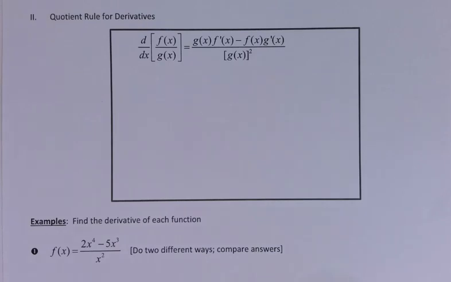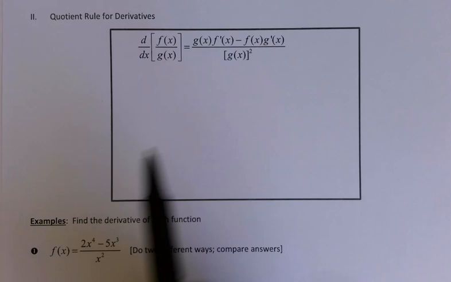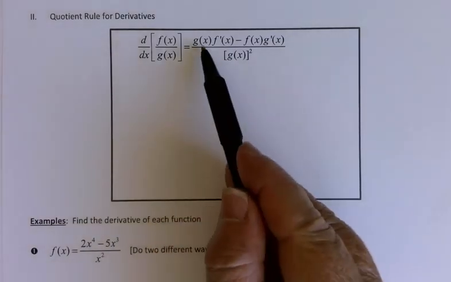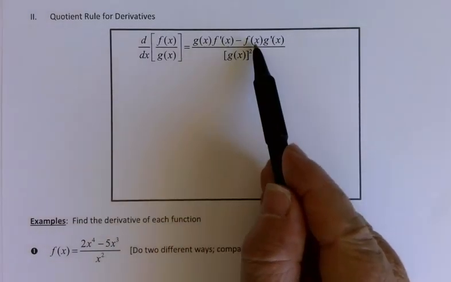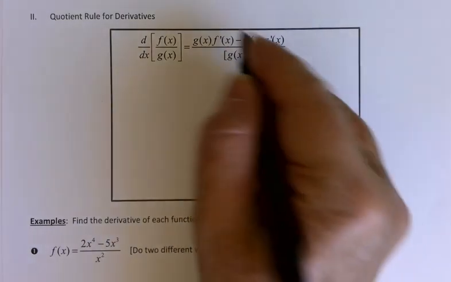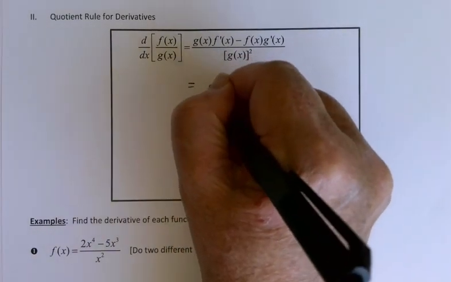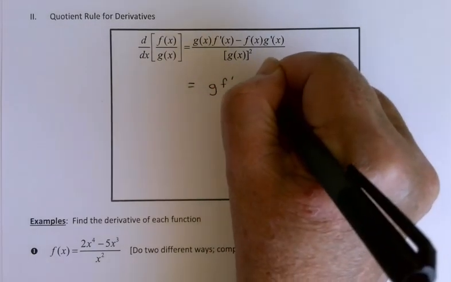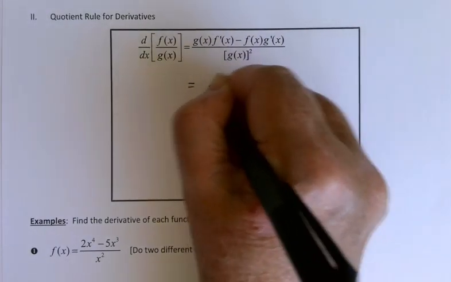This is section 2D, part 2, and we'll now look at a rule for quotients. If we've got two functions that are being divided, in order to take the derivative, we have gf prime minus fg prime over g squared. Here's the full function notation,